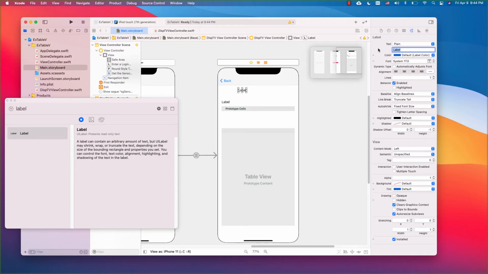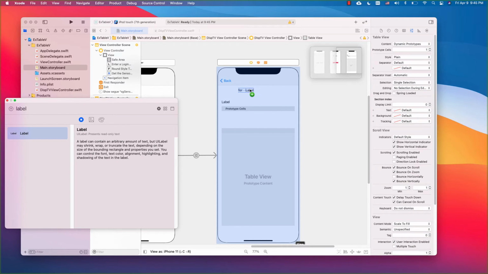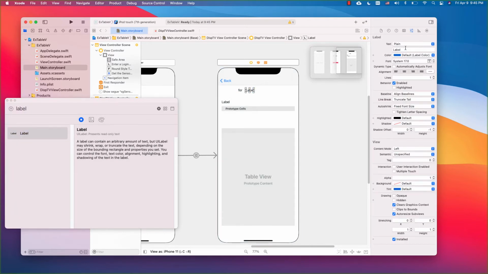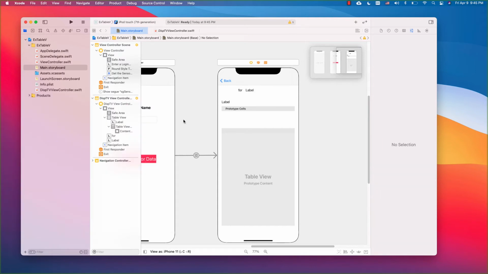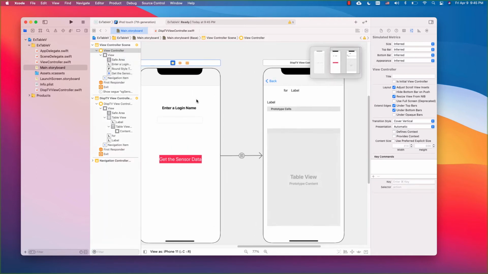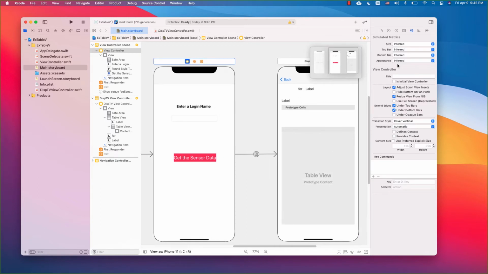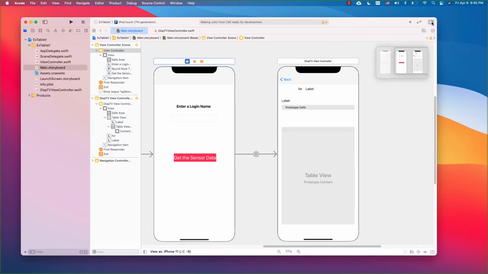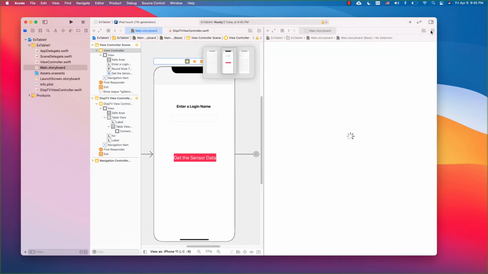And you can simply say "for someone's name," and then bring another label here. That'll be the name of that. Okay, then we will do, we're going to bring up, we're going to hide this utility pane, and instead bring up